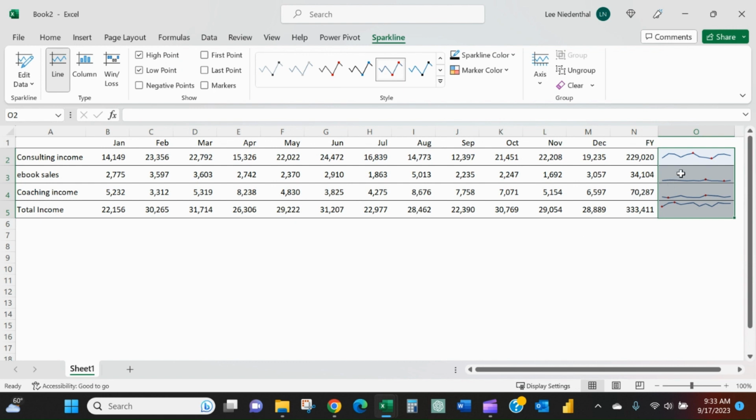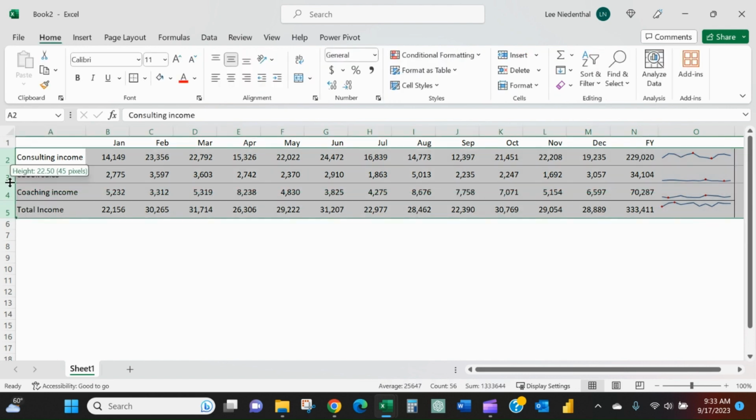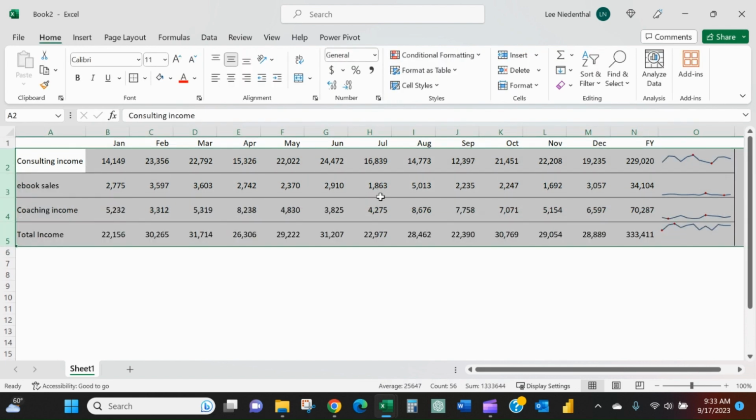So if you ever need just a quick, easy chart that you can just put directly into your Excel file, and you can make it as big or as small as you like,